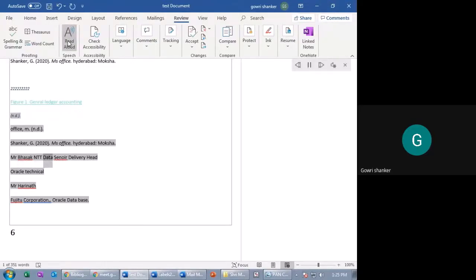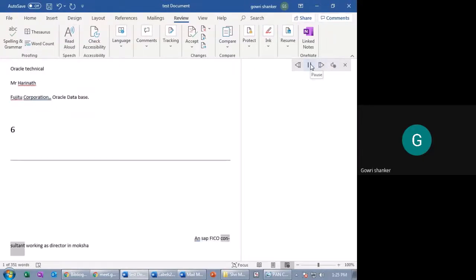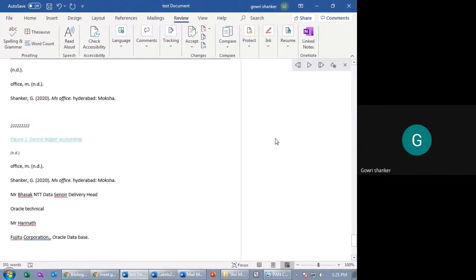Okay. If you select this Read Aloud, it will completely read out. In 2016, it is wonderful that instead of seeing the document and reading small letters, if you opt for this option in Review, Read Aloud, the system itself speaks out. The only thing you require is a speaker on your system. That's it.